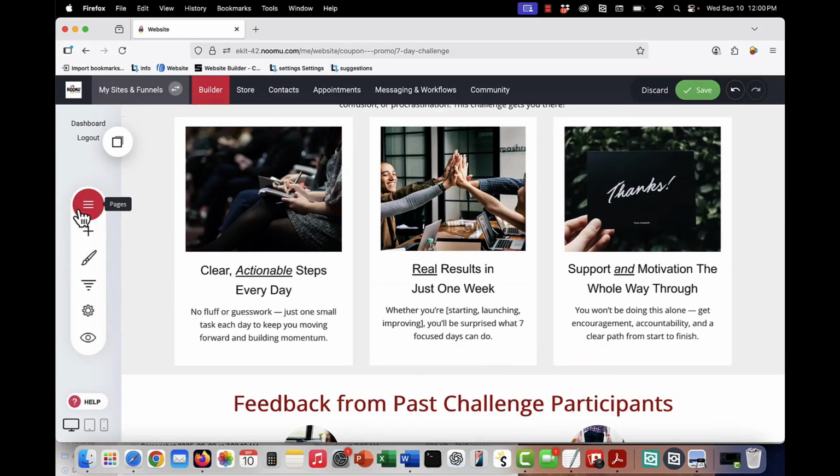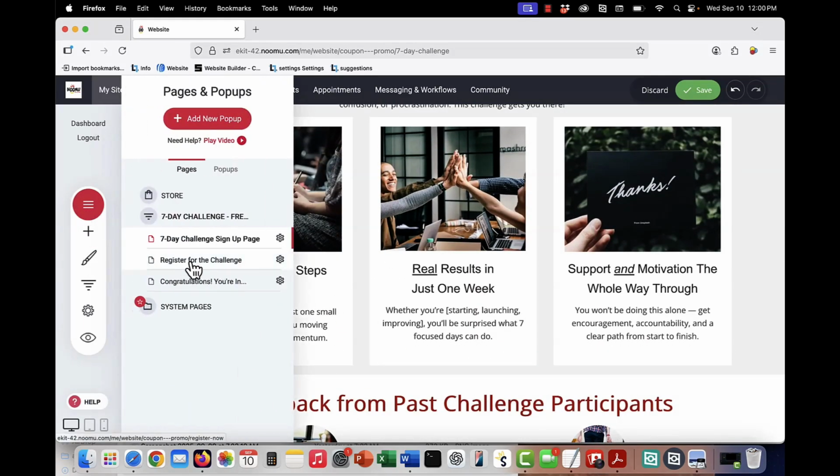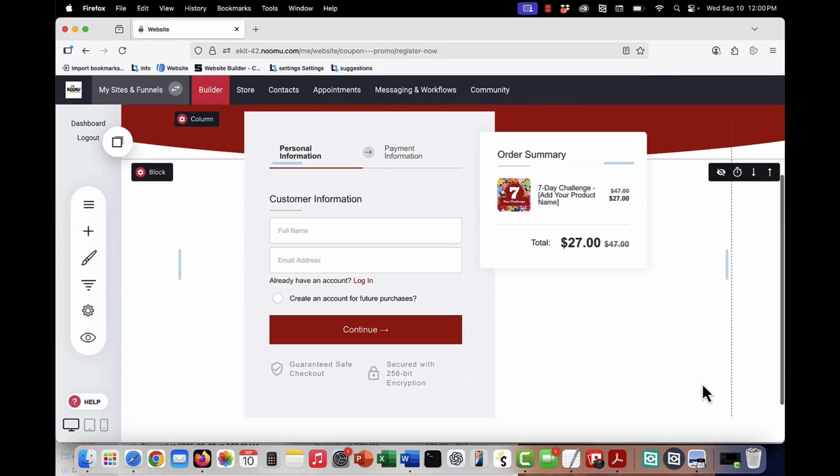Let's take a look at the checkout pages, which is where they go next. So the checkout is ready. You can see we put a product into the store. I'll show you where that is. And there's just a placeholder image for it, just like on the main page, but you'll be able to change